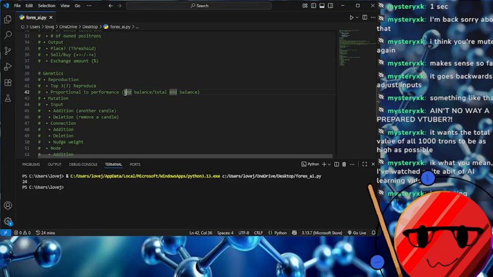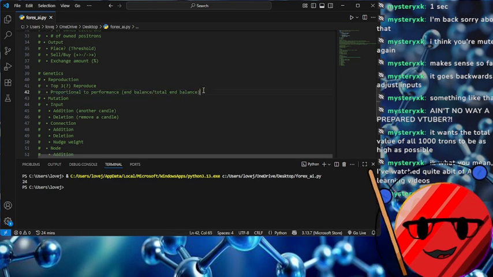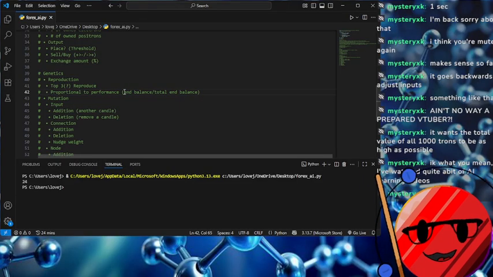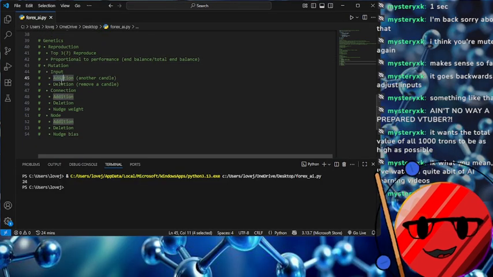So number 1 would be 100 out of 220, which is, I think, like 55%? Maybe? Probably somewhere around there. But 55% of the new ones would be copies of number 1, and so on for each one, based on its final balance and the total balance of the top 3. Okay, and then input, I already told you they can add or delete,